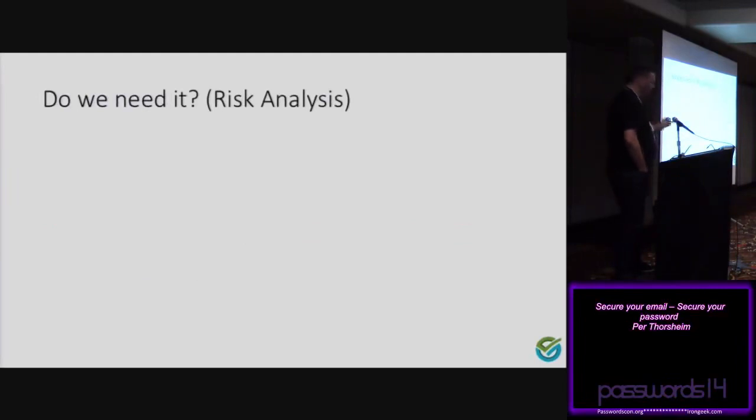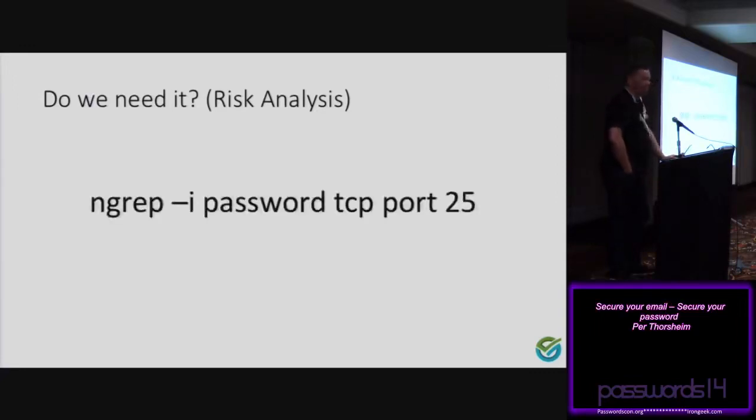So, to do the simple risk analysis, I usually do my risk analysis the incredibly easy way. I just ran this command at the internet connection of a really large company. Essentially what I do here is a network grep looking at TCP port 25, which is SMTP traffic, standard email, and I look for the word password. If I have a match, the entire text line that contains the word password is printed on the screen. And if you do that at the internet gateway of any large company, or small company even, or government organization,